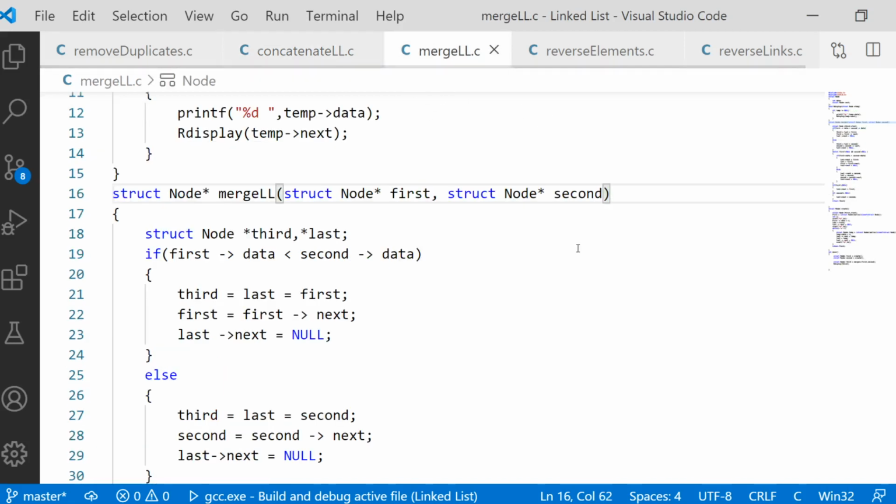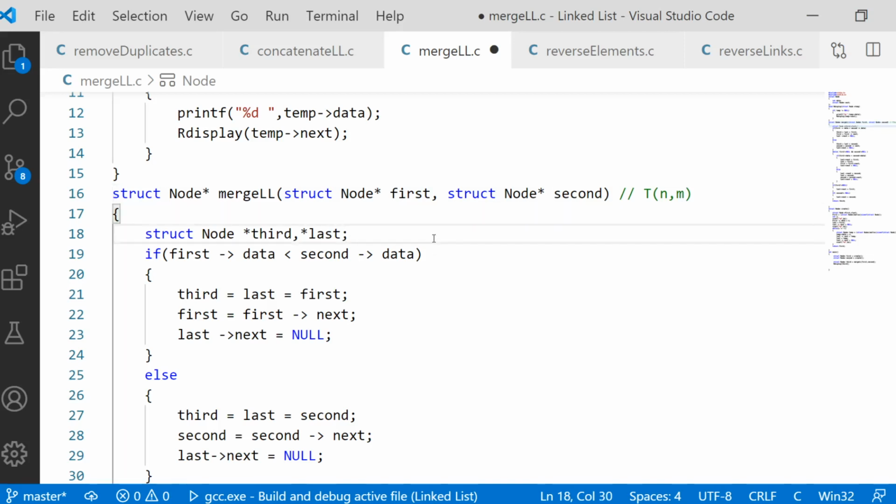But here, in this time function that we are going to take, we are going to take two arguments. One is n, the other one is m. n is the total number of elements in the first linked list, and m is the total number of elements in the second linked list. It is not necessary that both linked lists have the same number of elements. Both can have different numbers of elements. That is why we take two different variables to represent the size of both linked lists.